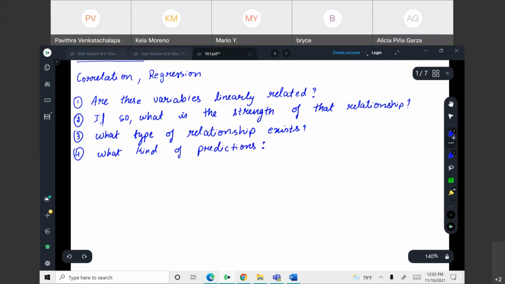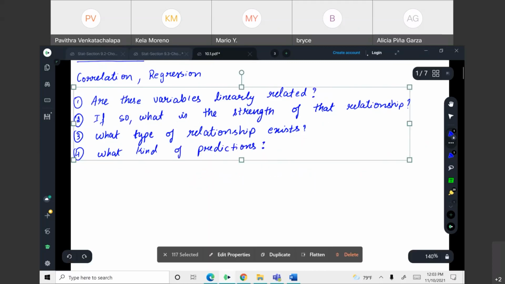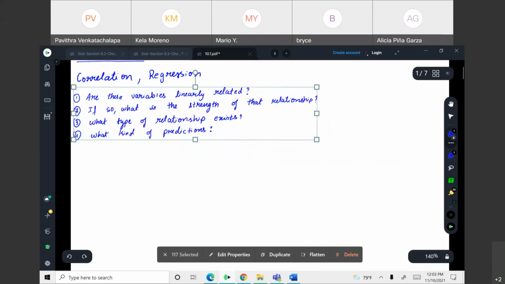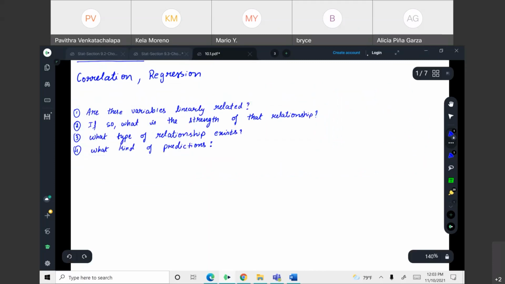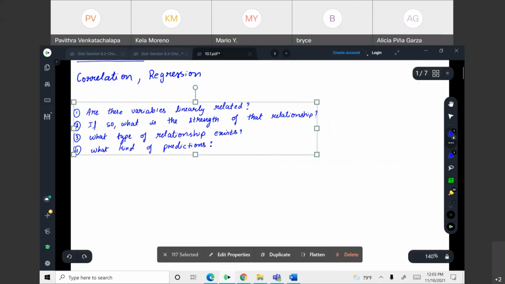Okay, so once you complete this section or the chapter 10, you must be able to answer these questions, right? Now, let me give you a real-time example, just a small example, so that you can answer these